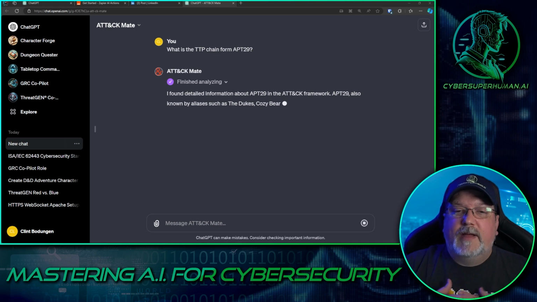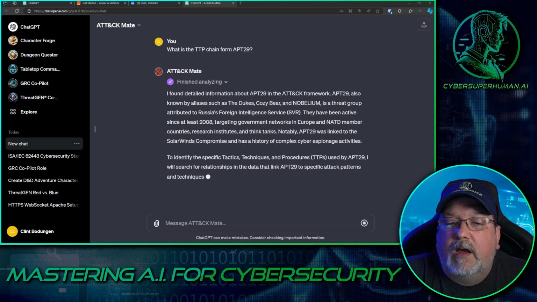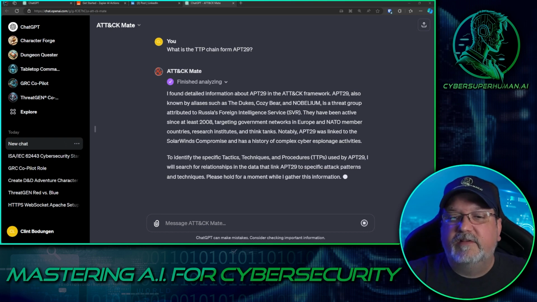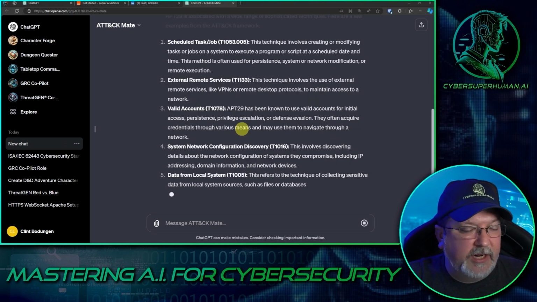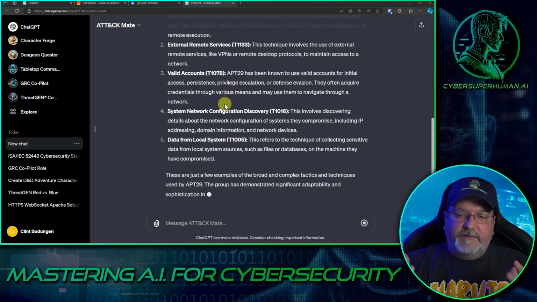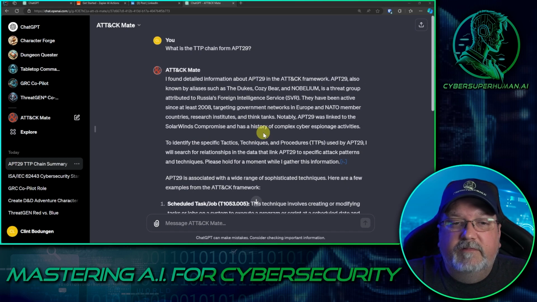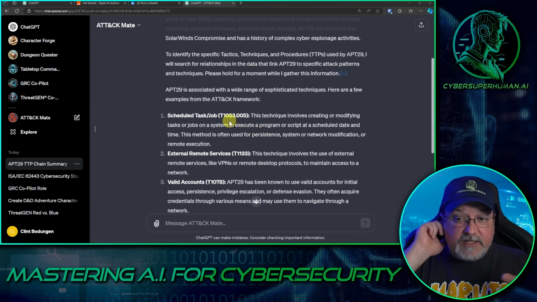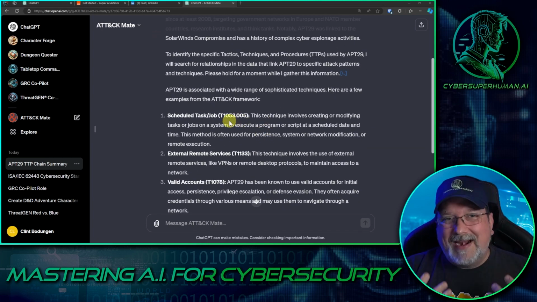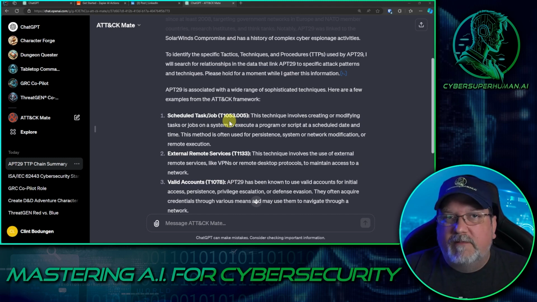I found detailed information about APT29 in the ATT&CK framework. There you go. Now I would want to go back and double check these to see if it's accurate. Wow, man, it's going. So that's cool. But there are tons of use cases for this, tons of GPTs. I anticipate a lot of people are going to be getting very creative with this. I'm not going to go through this and verify it and validate it, but I can tell you this much. This already looks better, and it seems to be more accurate than some of our first